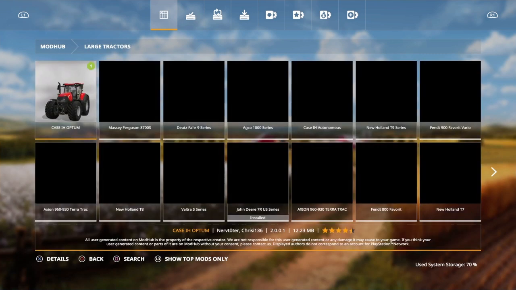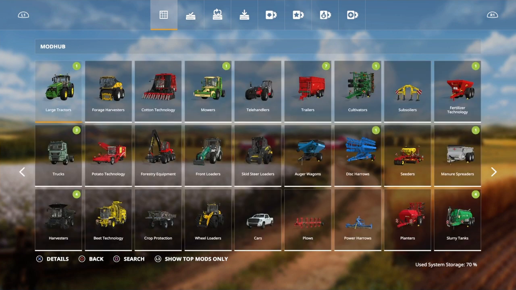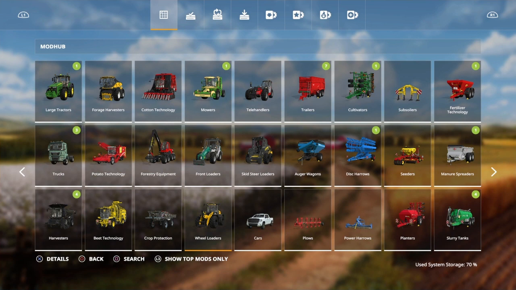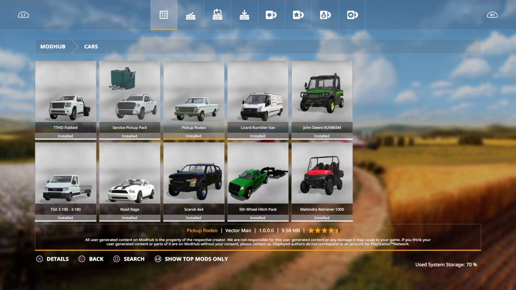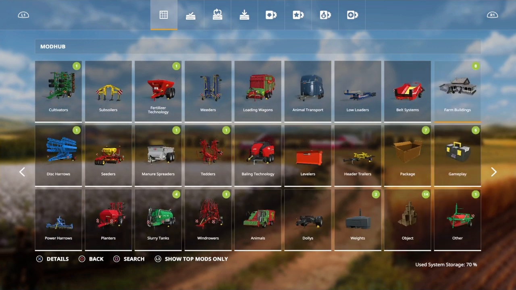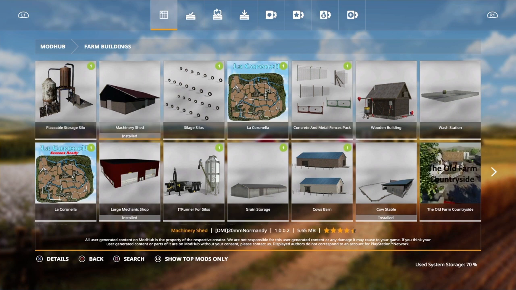Large tractors, if you're looking for your big tractors. Wheel loaders, you know. And just remember, so say if you downloaded a new car, right? You got the Road Rage car. Just remember it was in car. So when you go into your game and into the store to buy, either at the actual store icon itself or just pulling up the store, search under cars and that's where it will be. So you don't have to go hunting for it. You got farm buildings, you know, you got your sheds,